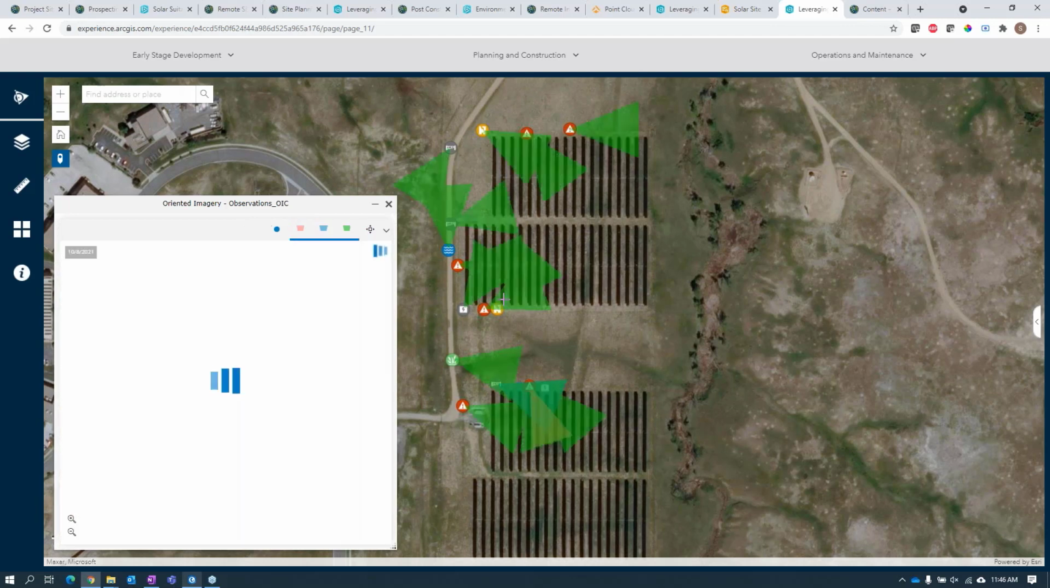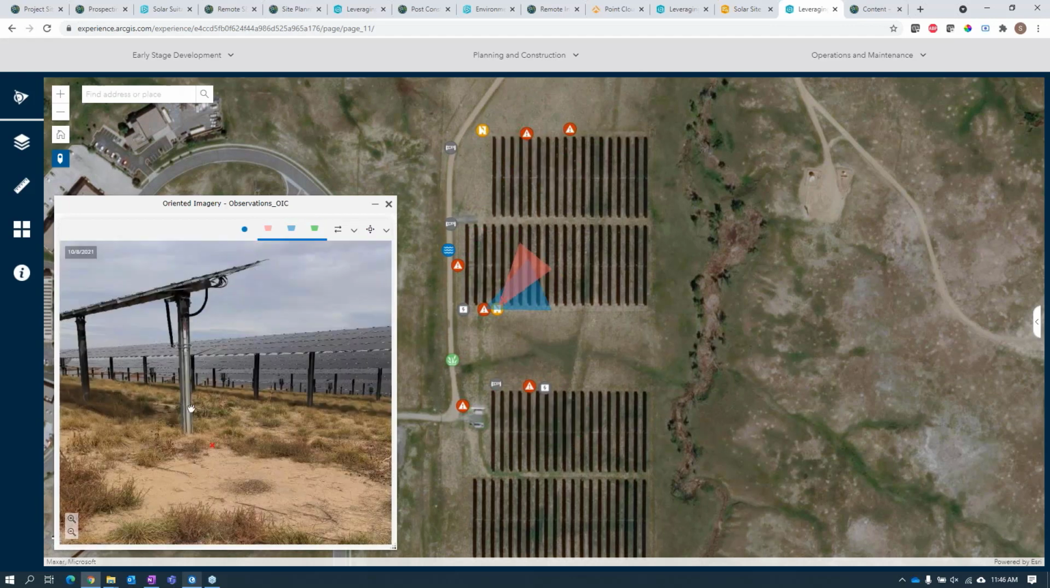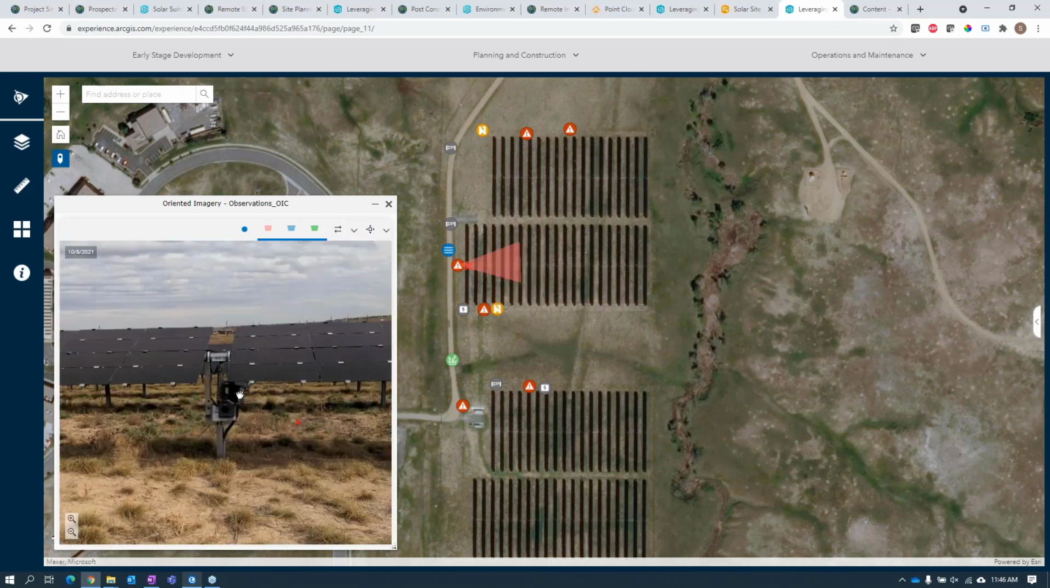So let's say we go up here to this area and we've got maybe a different view. I can actually see pretty clearly, in this case, the mounting system. Maybe we've got some rust there that we need to address. If we go over here, I've got maybe a combiner box or a motor system that we can inspect. So there's really a lot of useful ways that you can use this oriented imagery, and it can be shared